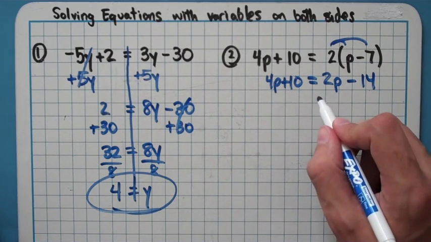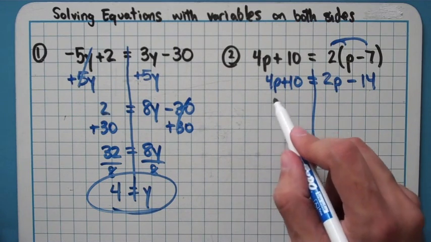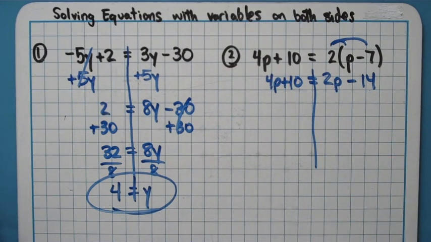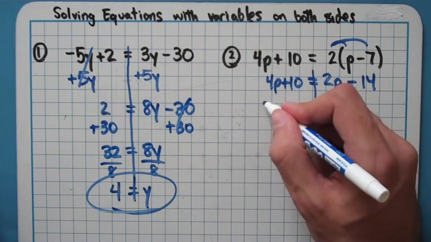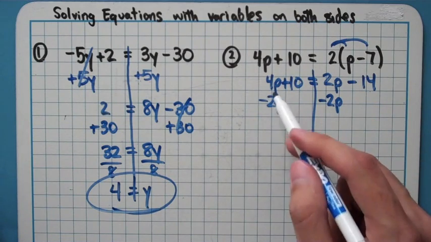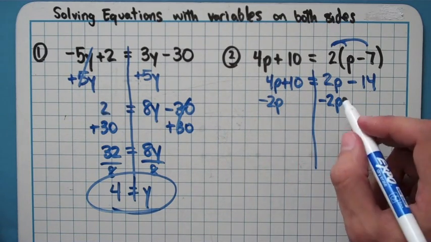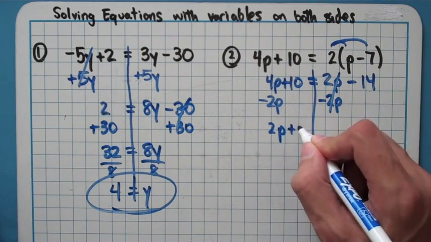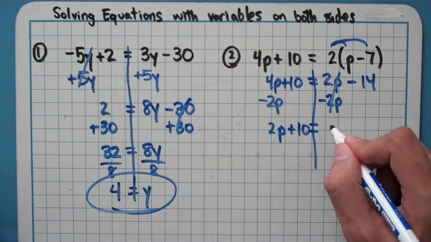And once I get to there, I need to do it just like the last problem. Well, if I do a minus 4p on both sides, I'm going to end up with a negative p, which is not wrong in any way. It's totally fine. But I would rather keep my p positive, so I'm going to move my 2p over. I'm kind of looking ahead and seeing that'll leave me with a positive coefficient on my p. So when I do that, these will cancel. 4p minus 2p is 2p plus 10, didn't do anything with that yet, equals, and on this side, just negative